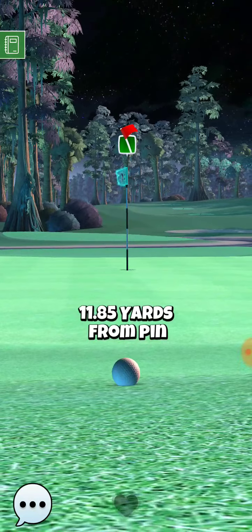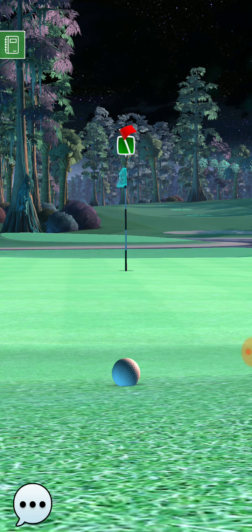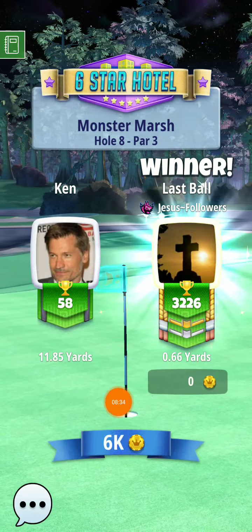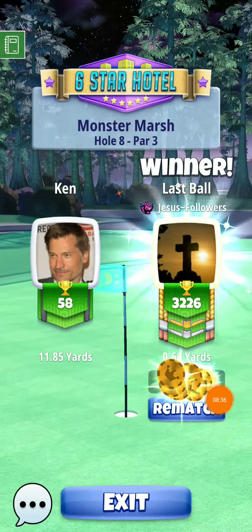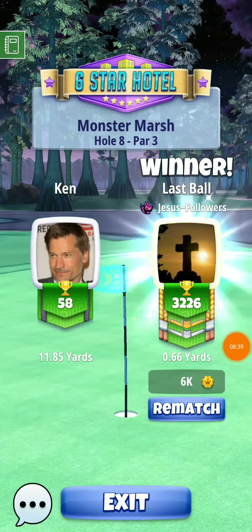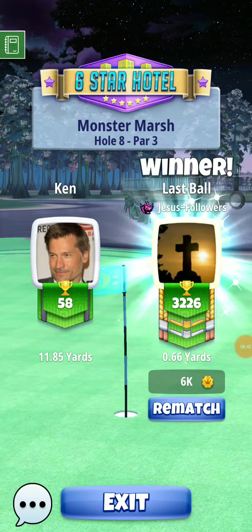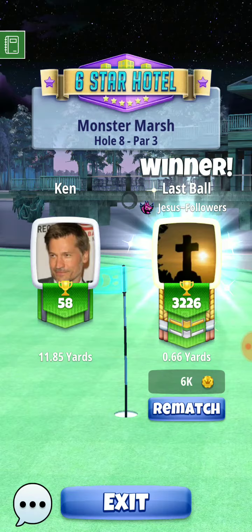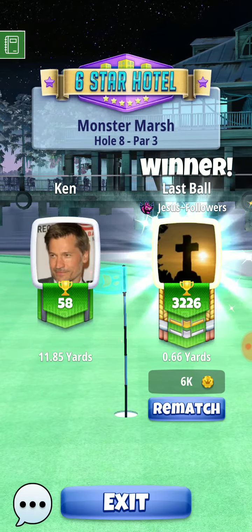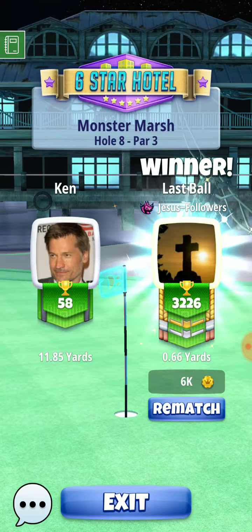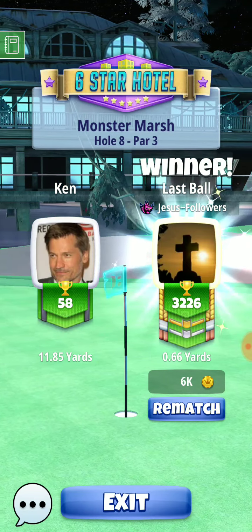So you can see last ball is going to win that shootout by quite a large margin. You can see that right here. So I'm gonna sit here for a bit on the finishing screen. So the shootouts are, again, where most matches go to, and the shootout holes get harder as the tours advance. This was a Tour 4 course that we played, so the winds weren't all that hard, and the holes are